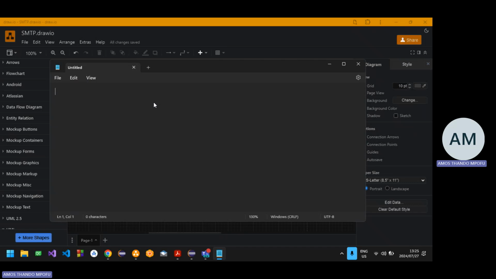Two devices want to communicate via email. With email, the way it works is that each device